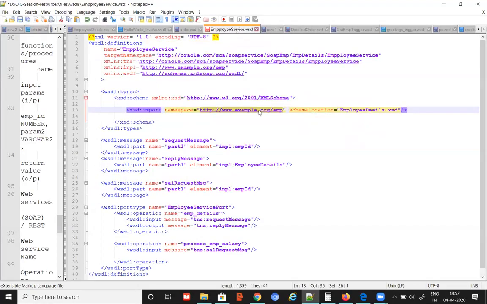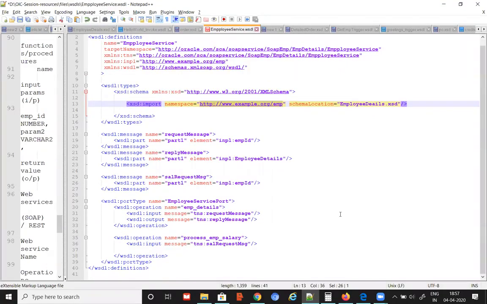Okay. Anything else not clear in this file? Instead of reading lots of things like what is WSDL and all, you open one small example, because we are all experienced people, and try to understand it one by one. Then you will get clarity, because our purpose here is just to understand. Tomorrow, if you have to open any WSDL and do something, you should not be lost wondering what the meaning of this is. You're never going to type WSDLs.